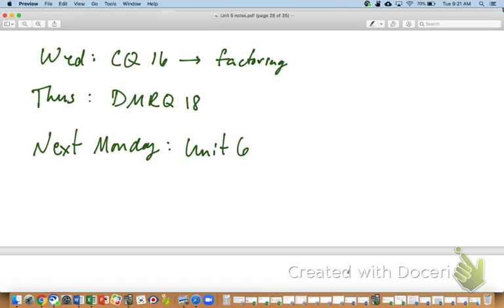Okay, so I want to leave you with this last thing right here before we dive into some more factoring today. And it's this. The last unit test, the one we took, was it last week? Or was it the week before? Whenever that was. For many of you, that was like a revelation. You're like, oh, as a matter of fact, I am getting this. Yes, right? And I would just want to remind you that if we look at like kind of a graph of how this went,